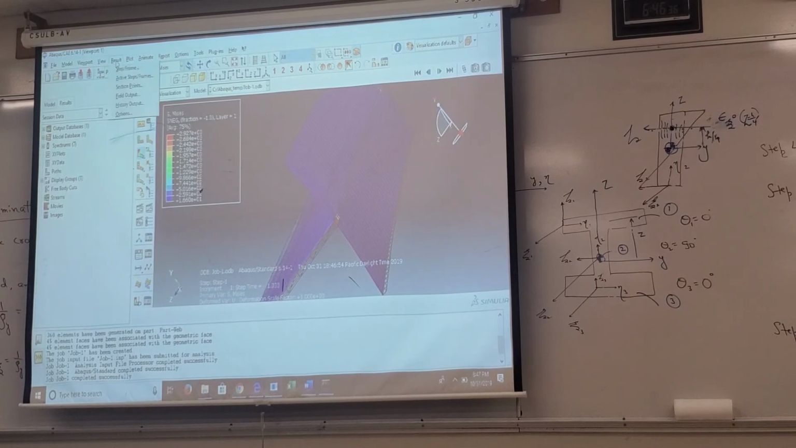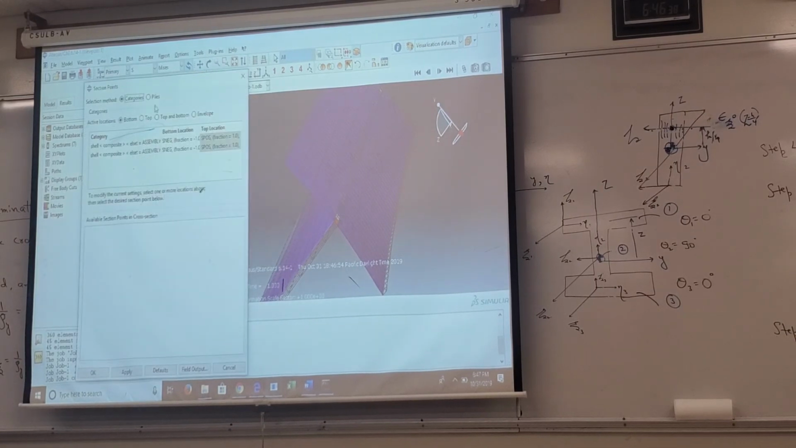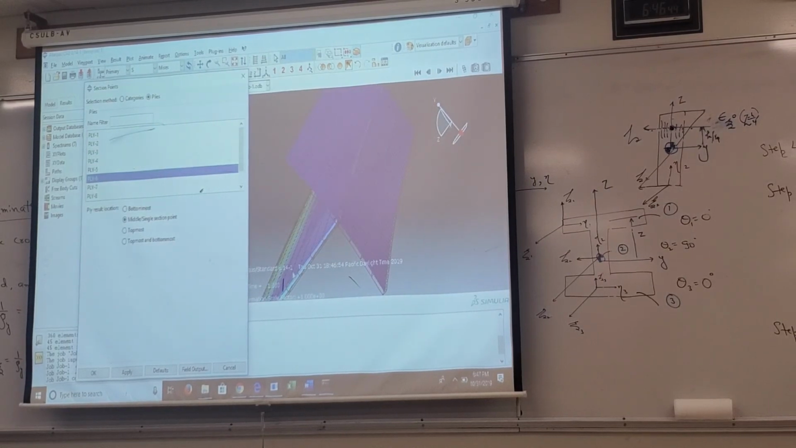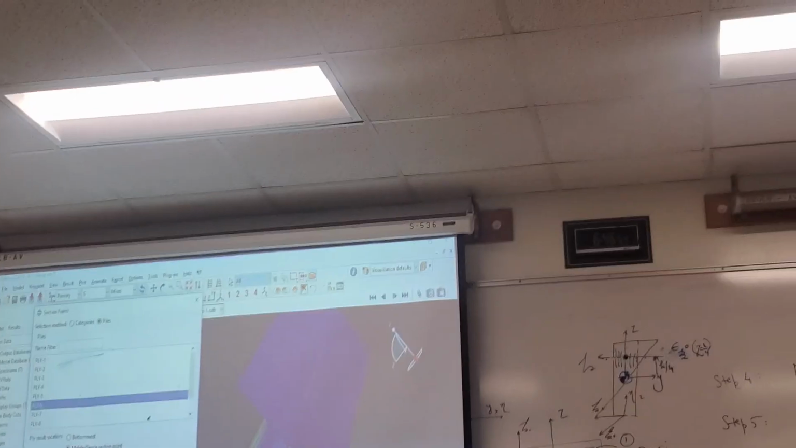So in result section points, you can go to individual plies and find out how the stresses are changing. And you see the plies are stacked up horizontally for the flange, and for the web it is vertical. So that completes that simulation exercise for the T-beam. I will assume that you will also